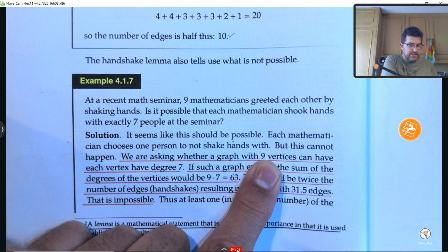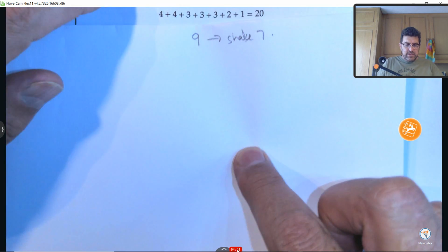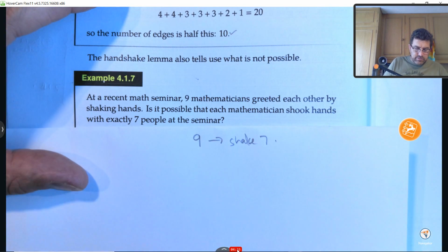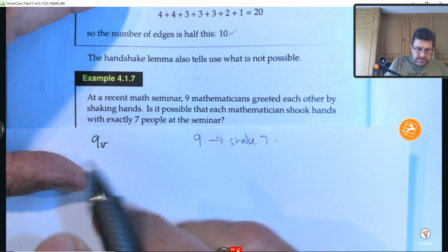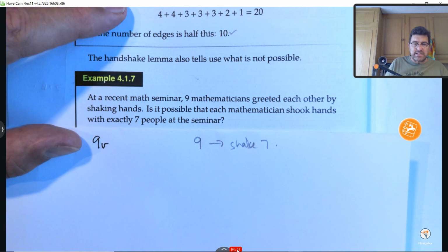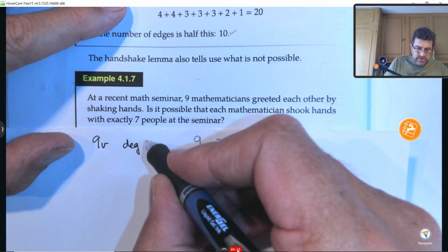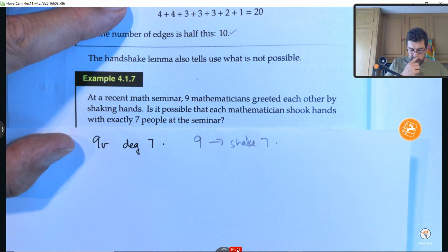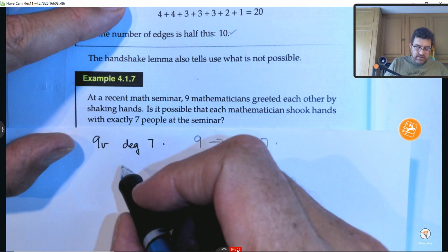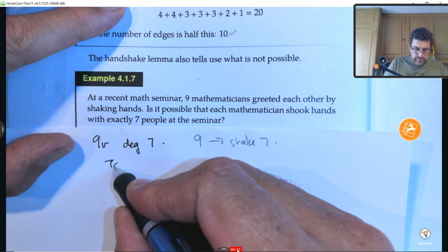So the equivalent of this will be 9 vertices. Now every vertex represents a mathematician, and the degree of each vertex will be 7. So what does that mean? The total degree